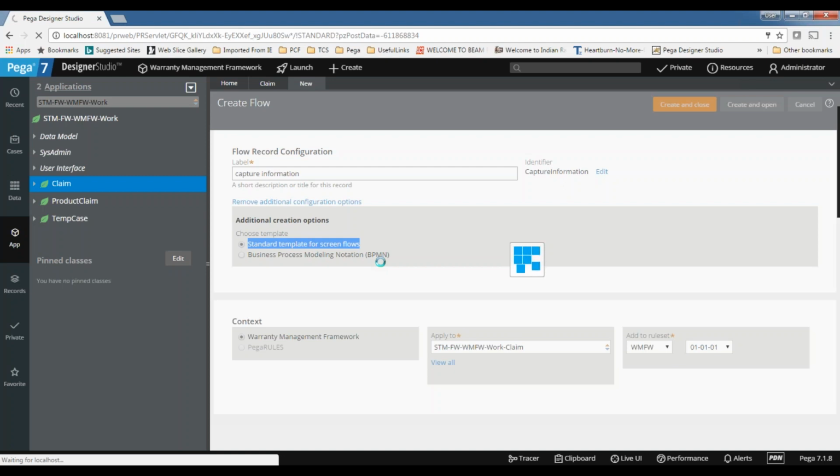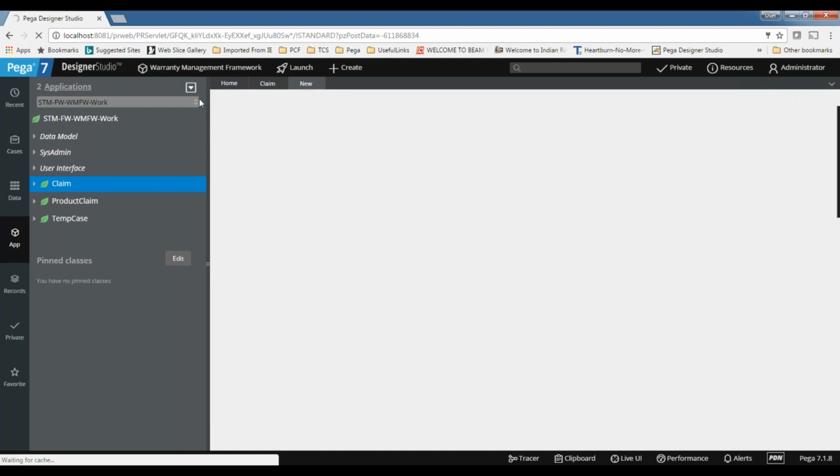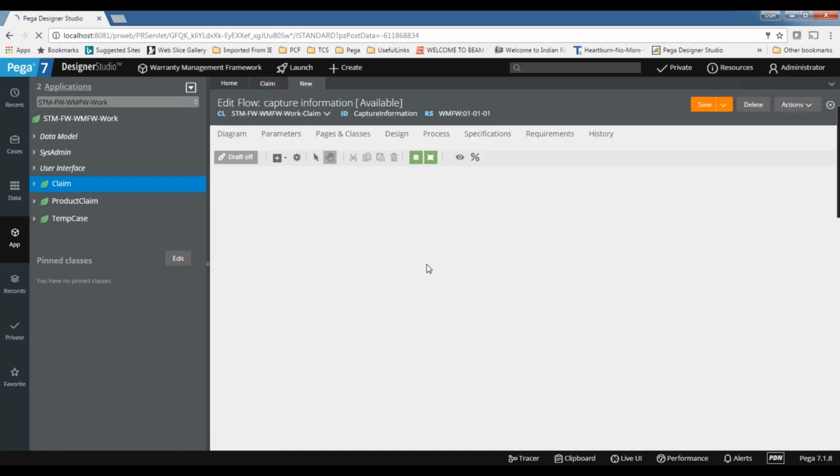BPMN is just like a notation. I think those notations are not fully supported by Pega, similar to IBM BPM, SAP BPM and Oracle. This is not compliant. I read the statement from Academy also.